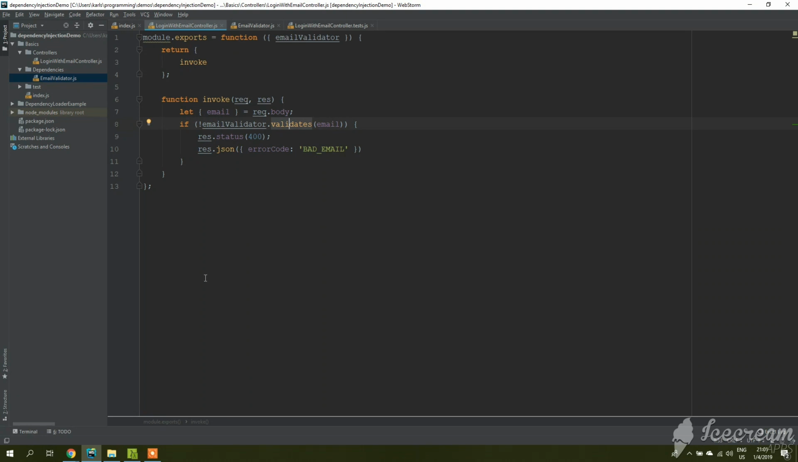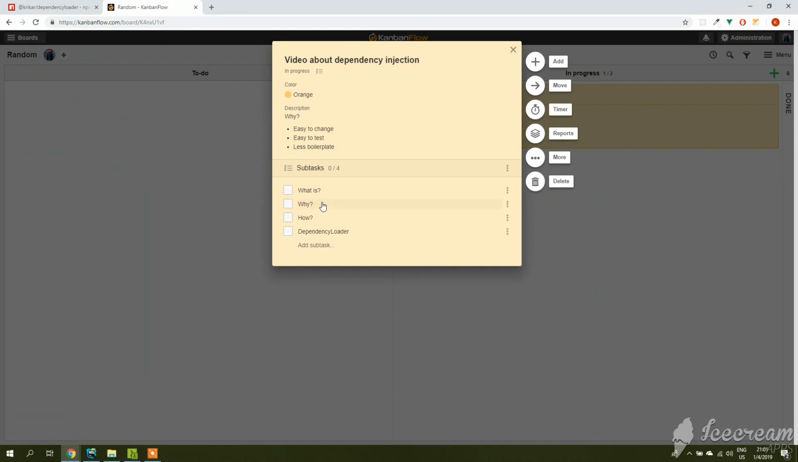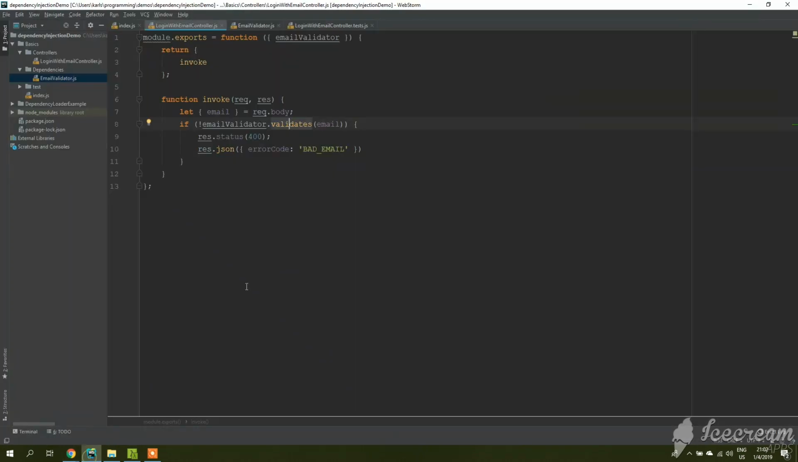All right, so let's move on to the next point here. The next subtask I have written, the how. How should you use it? Or no, I'm sorry, why should you use it? I'm skipping ahead here. Too excited. Why should you use it? Well,